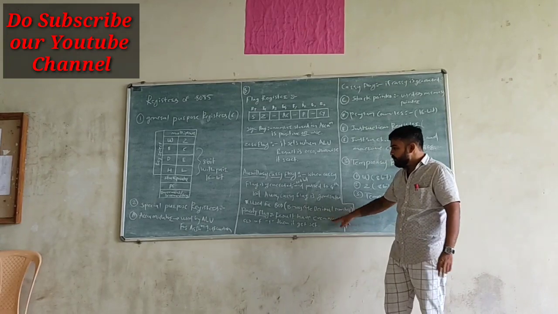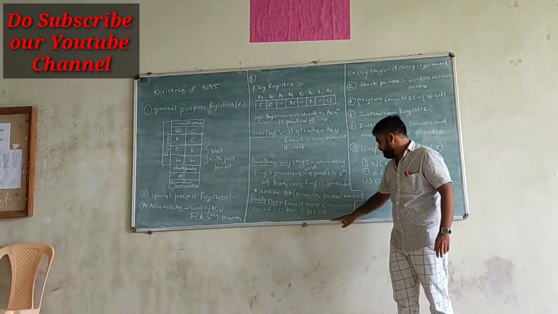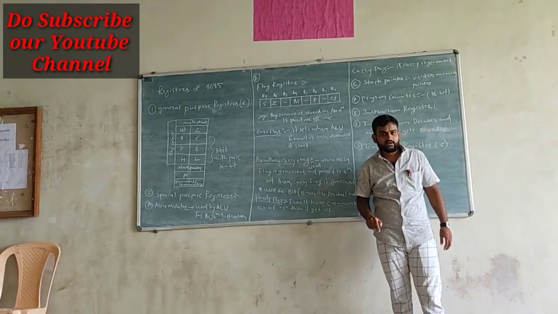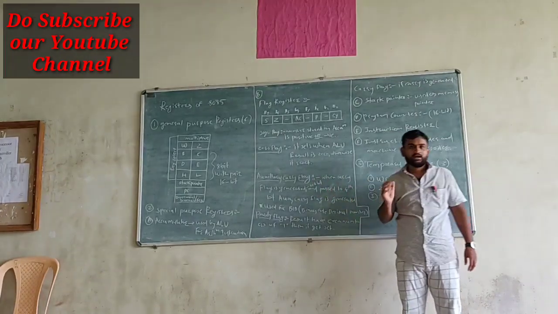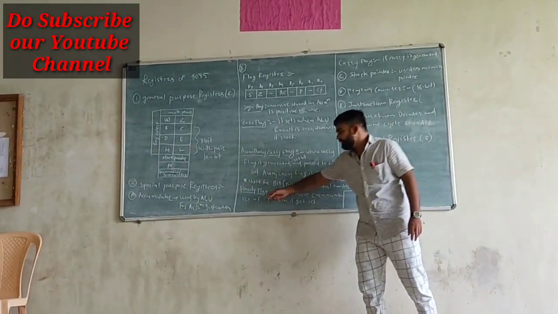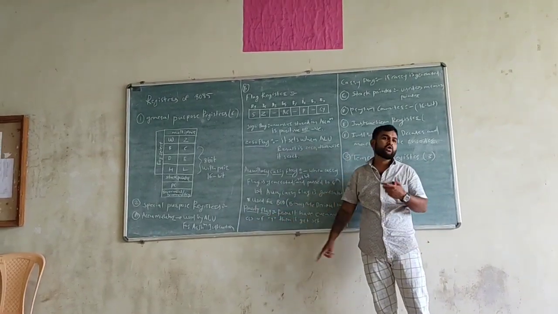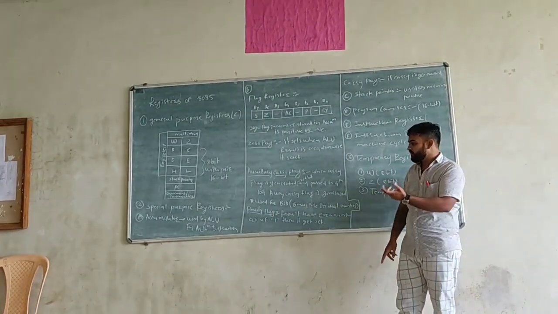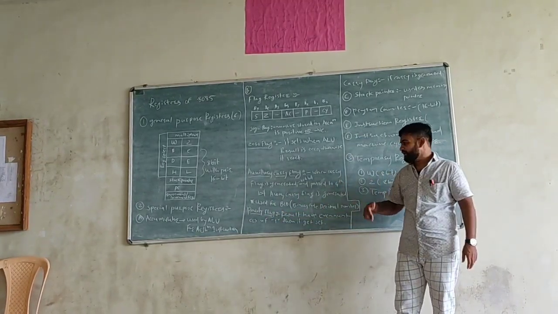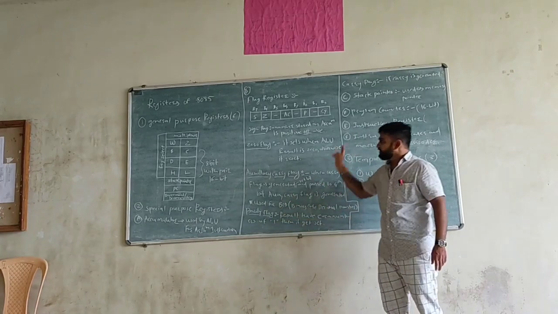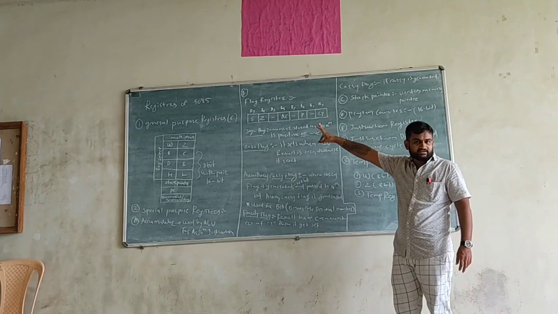Okay. So how does the parity flag get set? If the number of 1s is even at the output, then only the parity flag is set. When is it going to reset? If it is odd parity, then the parity flag is not going to be set. If it is an even number, then the parity flag is going to get set. So this is nothing but the second special purpose register, that is the flag register.